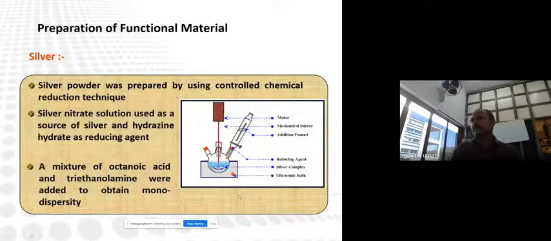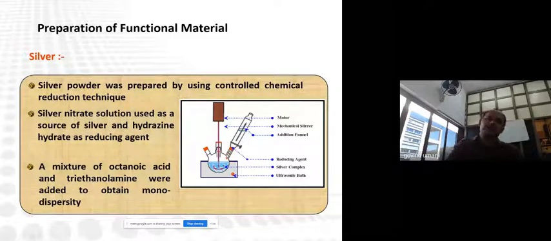So I'm taking an example of silver as a functional material. In this case, we have prepared silver powder using a controlled chemical reaction technique. It's a chemical reaction technique where silver nitrate is used as a source for silver, hydrazine hydrate is used as a reducing agent, and in order to have the morphology or uniform dispersibility, we have to add some surfactant to cap